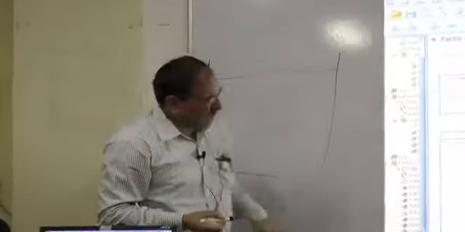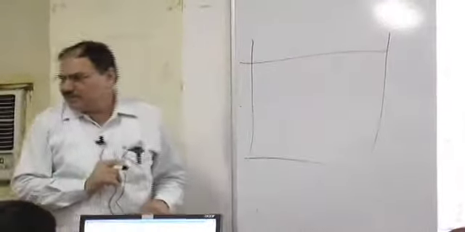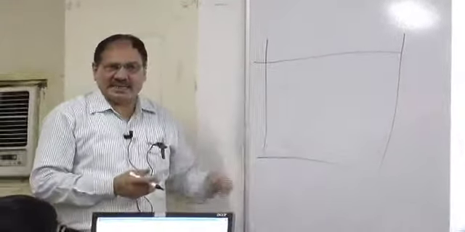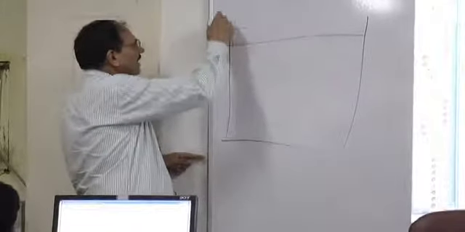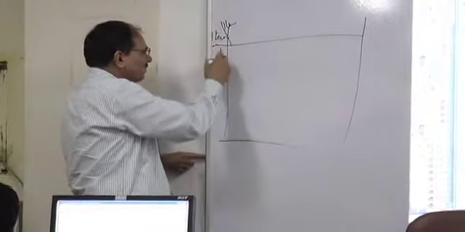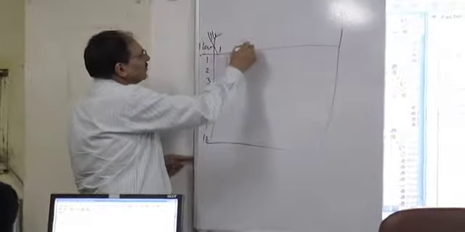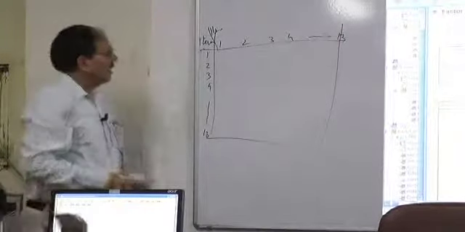In our case, how many items are there? 11 now. There were 12. One we have dropped. So there are 11 items. Isn't it? How much? 13. 14 and 13 items. And both sides would be items. Okay, 1, 2, 3, 4, up to 13. And here also 1, 2, 3, 4, up to 13.